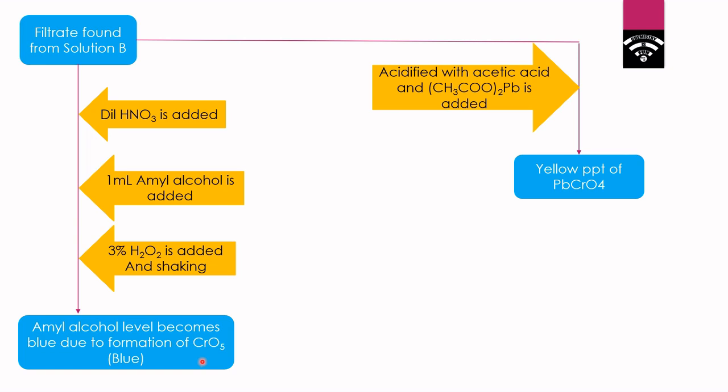Here the oxidation number of chromium is still +6 because there are 2 peroxo bonds. The chromium pentoxide has a beautiful structure, called the butterfly structure, and you can see that these two oxygens are in peroxo bonds and these two oxygens are in peroxo bonds. So the net oxidation of the chromium ion is still +6.